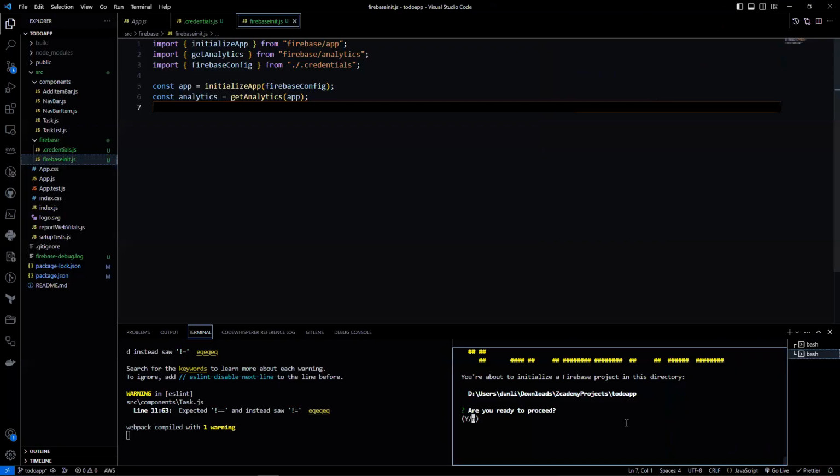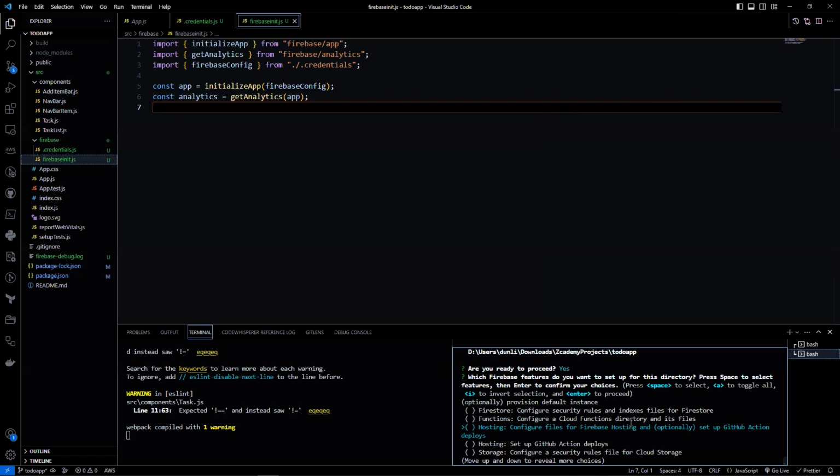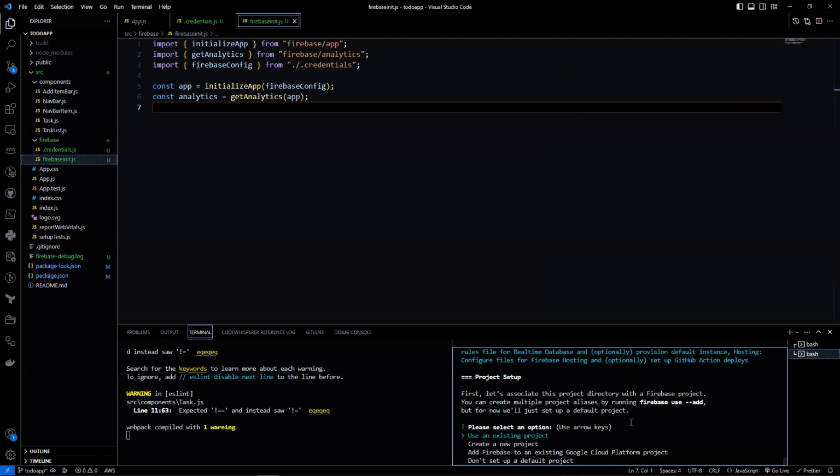Let's enlarge the screen and hit yes for proceed. Then let's select real-time database by pressing space and also hosting by pressing space. Next, hit enter to proceed. Then let's hit enter to select the option to use an existing project. We would select the To-Do app that we created earlier.